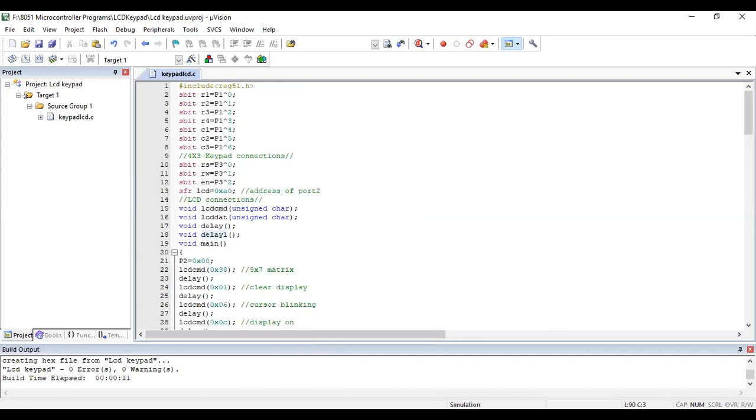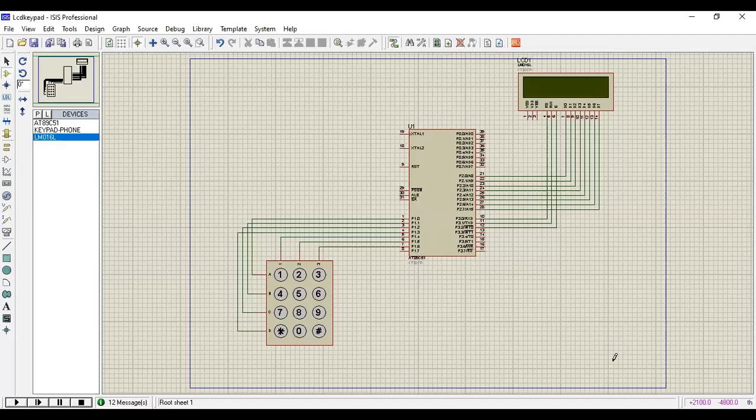Can you see this programming? So I wrote the code. Next, you have to go to the Proteus software.